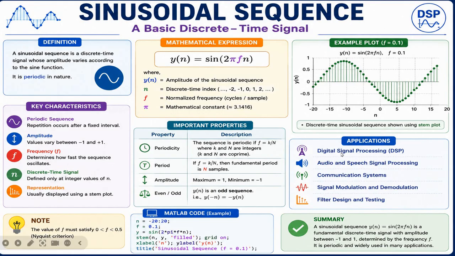So here the summary is that the sinusoidal sequence is represented by the mathematical equation y[n] = sin(2πfn), which is a fundamental discrete time signal whose amplitude varies between -1 and +1, and its oscillation depends on the frequency f, and it repeats after a fixed number of samples. And because of its periodic nature and wide range of applications, it is one of the most important signals studied in digital signal processing. Okay, next